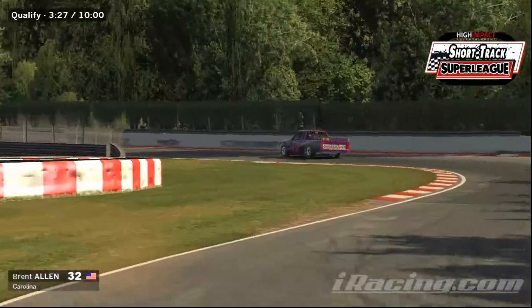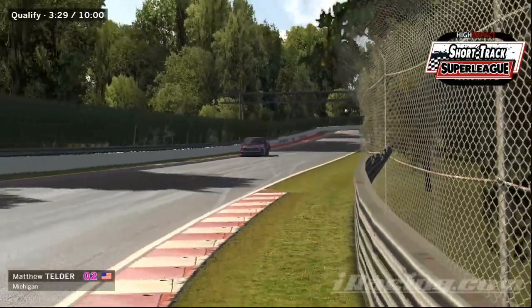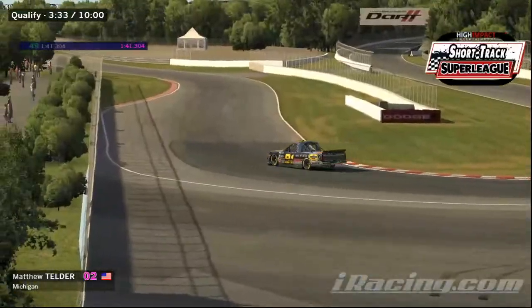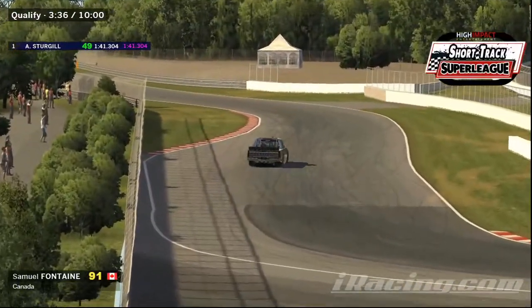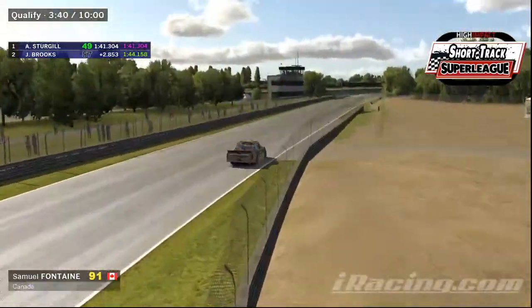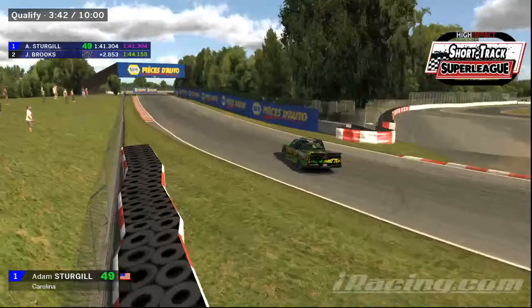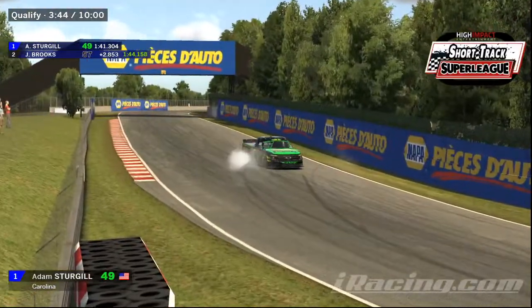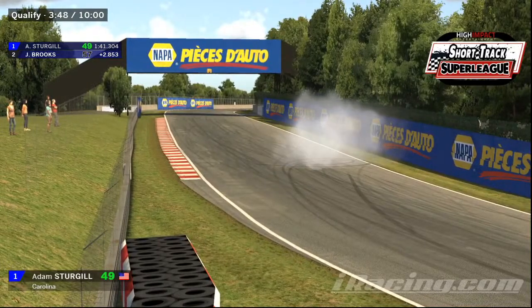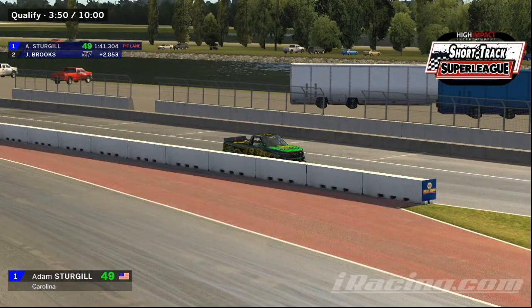And let's see, we have Matthew Telder, who just came off a good race in the modifieds. Samuel Fontaine, that scored a second position in our earlier race. And there we have the first lap time being posted by Adam Sturgill. And it looks like he gets it all wrong at the beginning of his second lap, and that basically ends his hopes for a good qualifying,